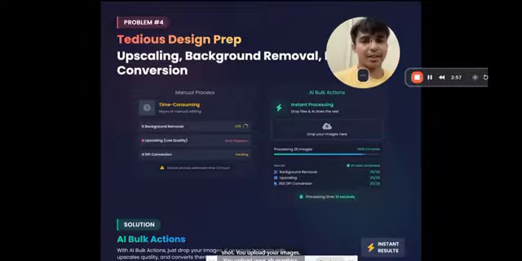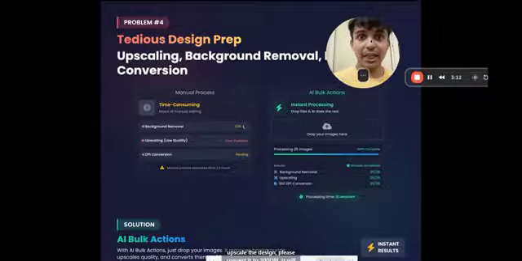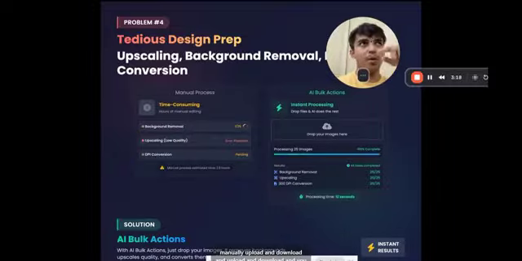Here's what you're able to do. In just one shot, you upload your images, your graphics, your designs, and just say, create a workflow basically, right? Hey, please remove the background. Once you remove the background, upscale my design, and then once you upscale the design, please convert it to 300 DPI. It will automatically do it for you without you having to manually upload and download and upload and download,